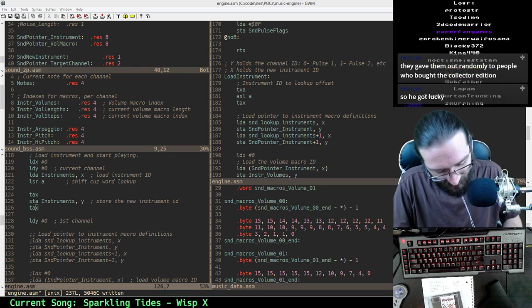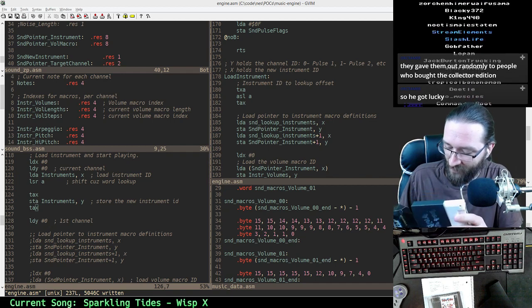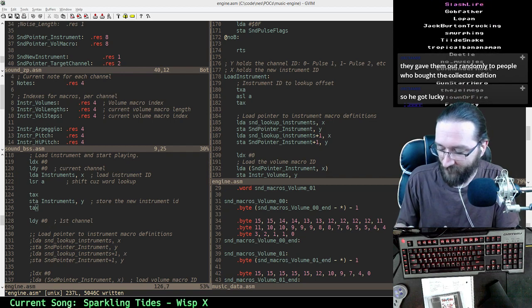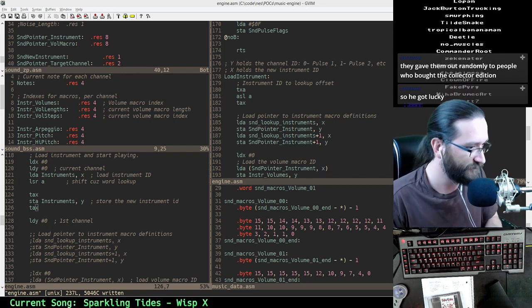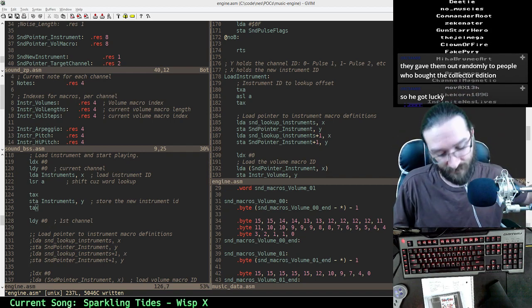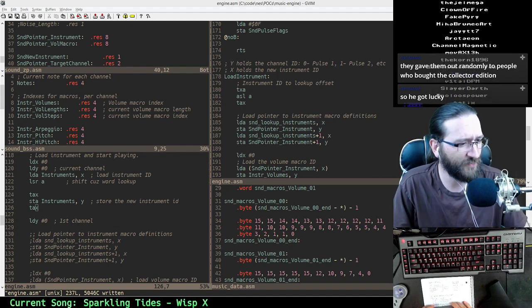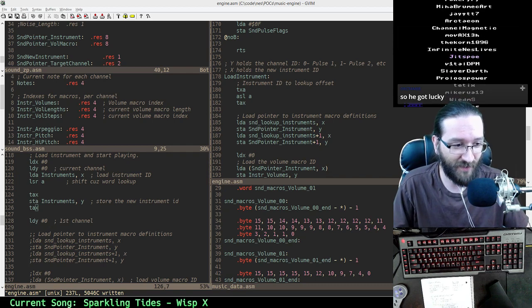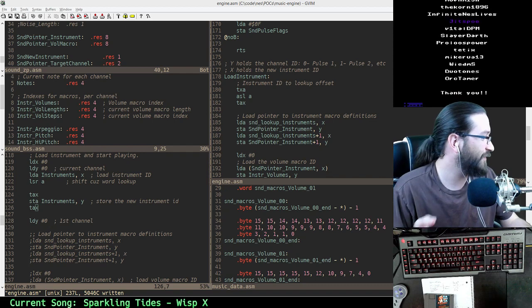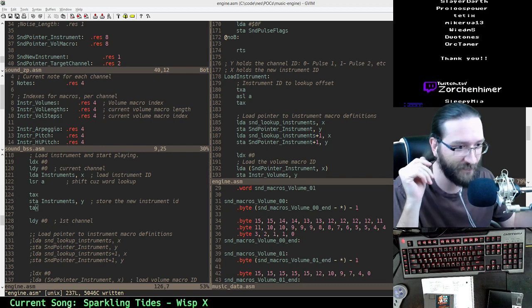I did buy some older, original carts while I was out, and I made a point to pick up a bunch of unlicensed stuff. They gave them out randomly. People bought the collector. Really? Nice. Got lucky, I guess. So I bought maybe two licensed games and two unlicensed games, because the